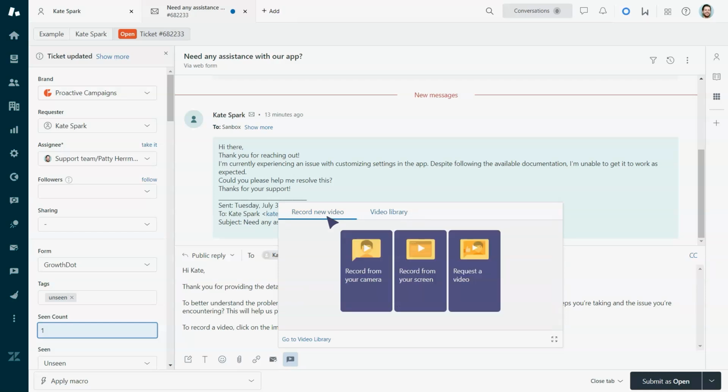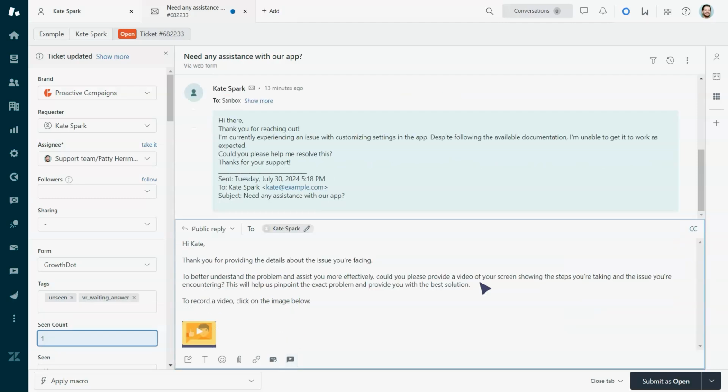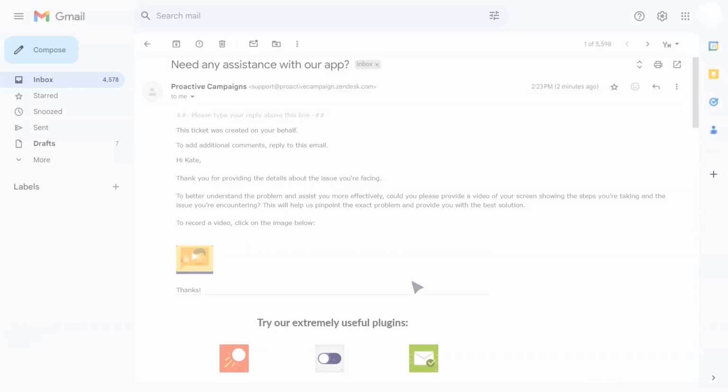But if you need to ask your customer for a video, go to the first tab and click Request a Video. The clickable image will then appear in the message. After you send it, the customer should click on that image to proceed to the page where they can select